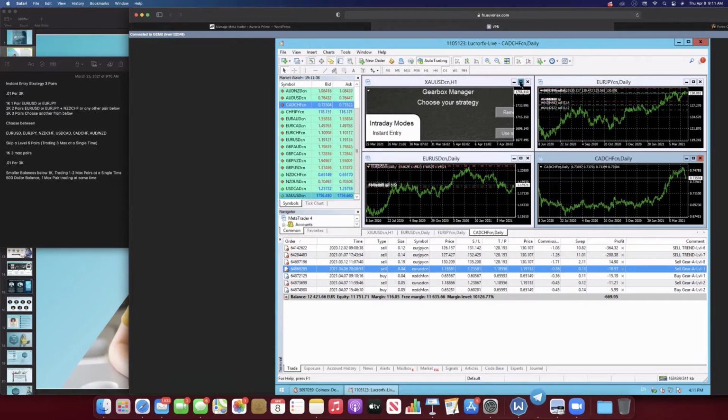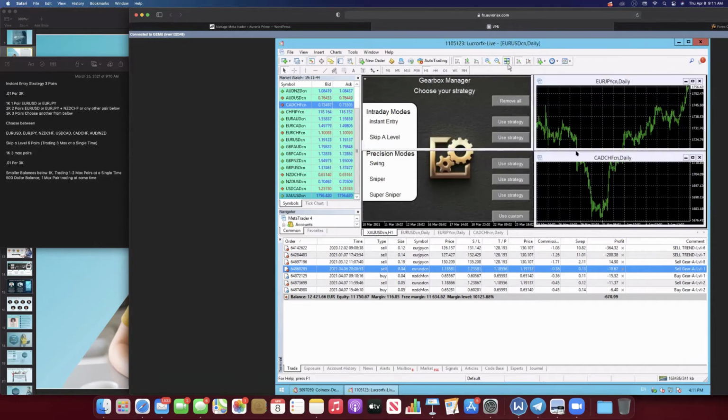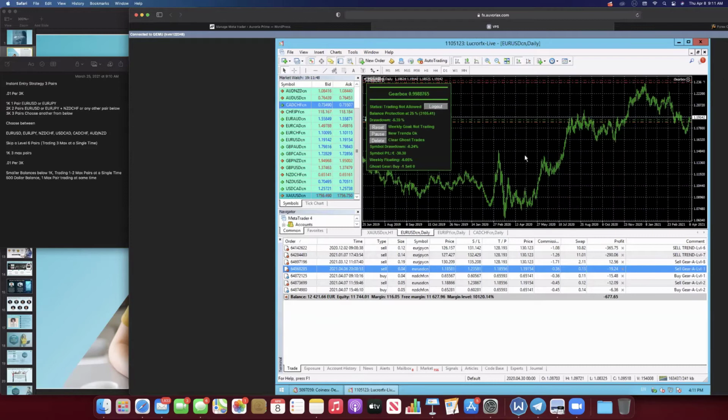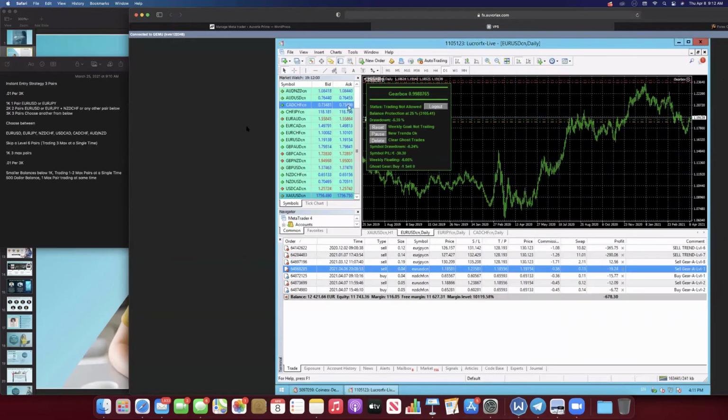Now, I'm going to pause auto trading just because I don't want to take a new trade immediately, but I'm going to just go ahead and hit instant entry. And how you can verify everything is set up properly, as always, is first you're going to make sure the smiley face is smiling. Mine is not, because I just turned auto trading off while we did that. But we're going to come over here, and if you see gears above -1 and -1, you are an instant entry strategy. Now, let's say I want to skip a level and add the other pairs here.